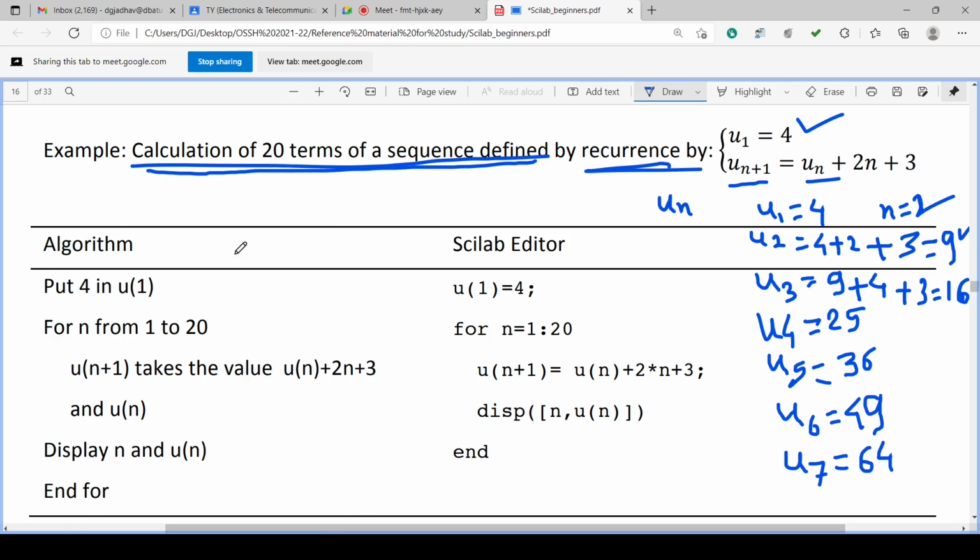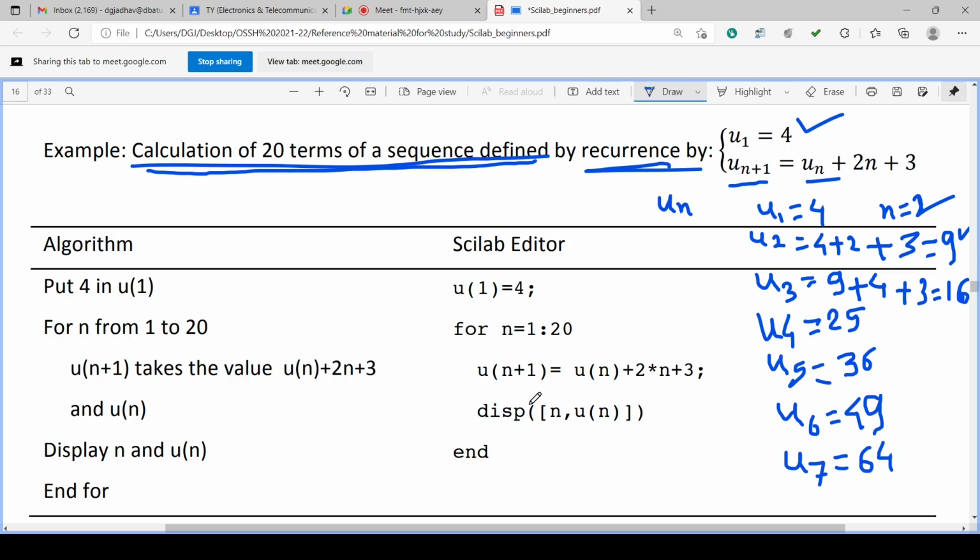We write in English what is happening, what is getting executed, to help a human being understand. So the algorithm is an English explanation, and this in the Scilab editor is the program. This is the computer program we write in Scilab, and this is its English explanation.